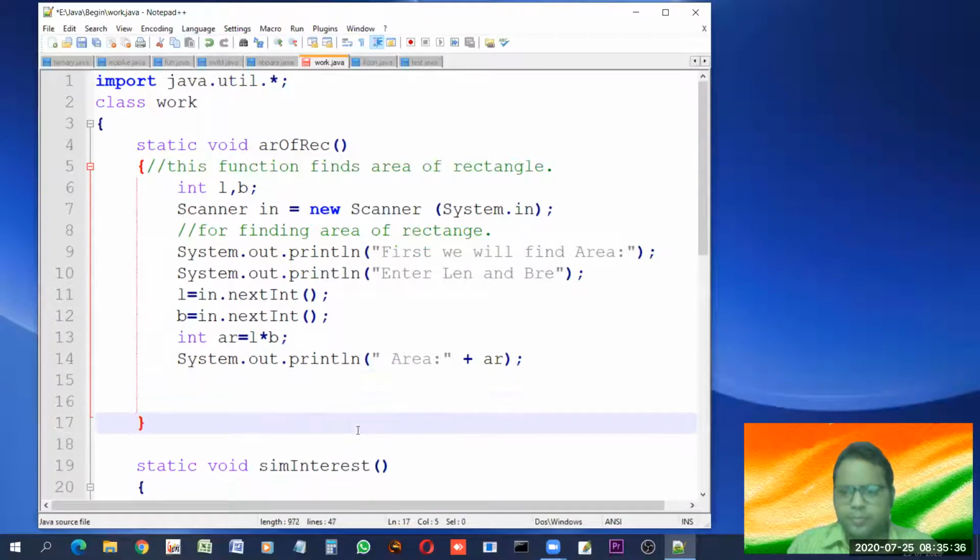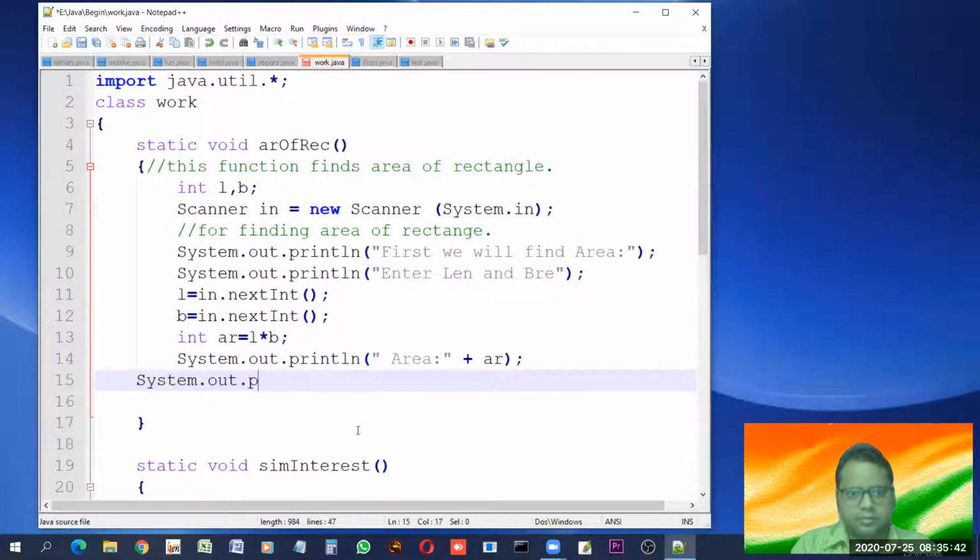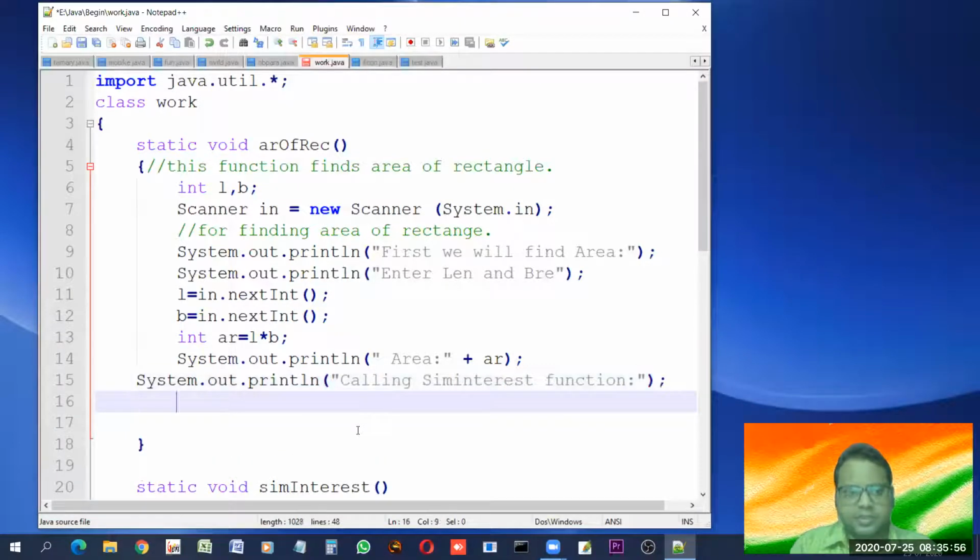So let us expand this procedure and write a simple message calling sim interest, and let us call it here. The name should match, this is how you should match sim interest here. Call it.